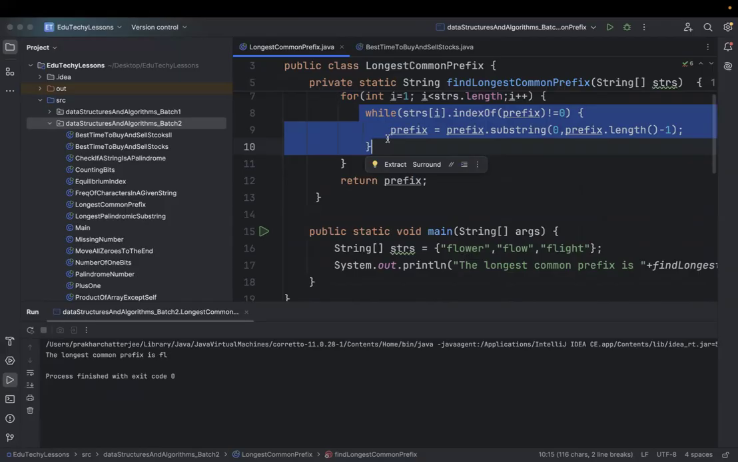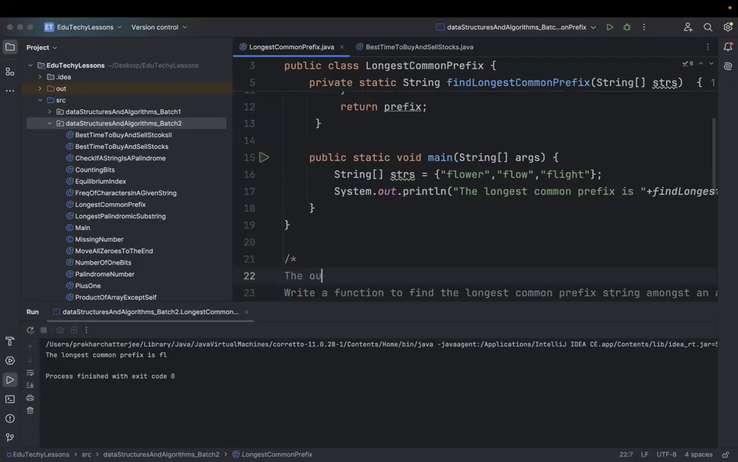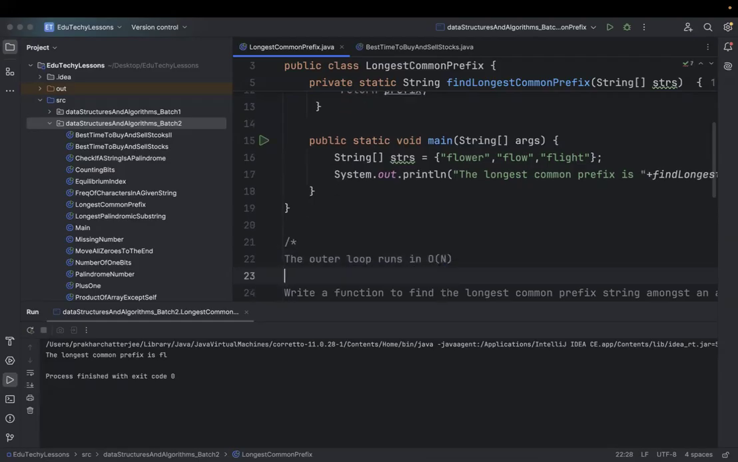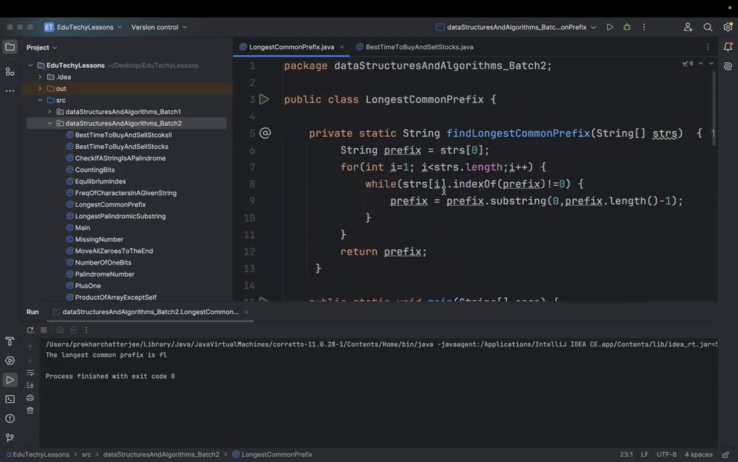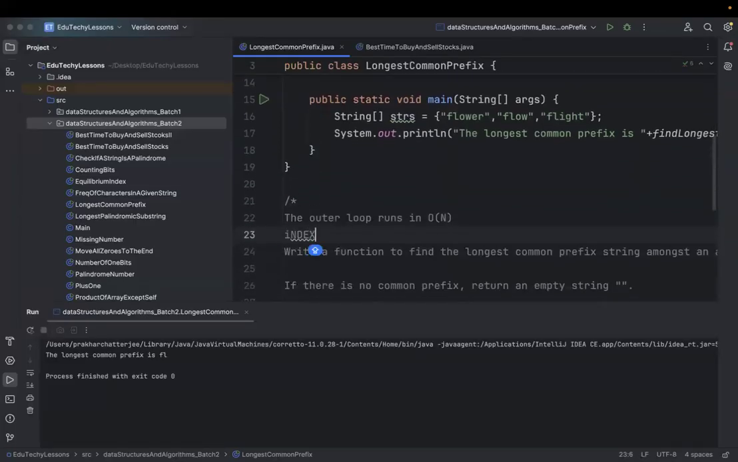That means that the worst case scenario is that we have to go through the entire length of this longest common prefix. That means we have to shrink this entire length of longest common prefix. So if we consider the entire length of the longest common prefix to be m, let us write it down. The outer loop runs in O of n, right? And since we are using index of prefix, stri dot index of prefix not equal to 0, the worst case scenario, this index of method will